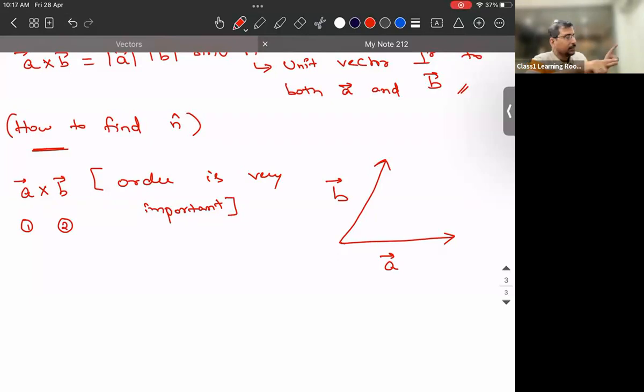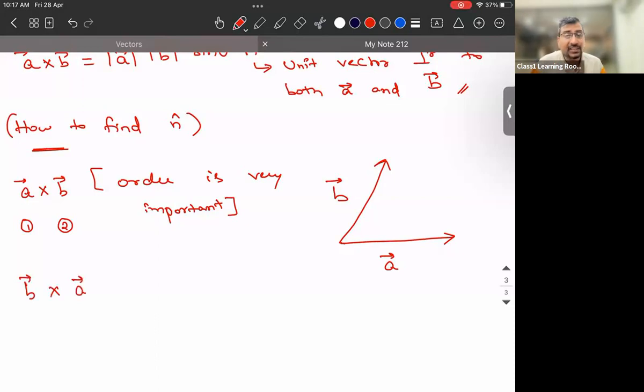Are you able to understand? See, A vector is like this, B vector is like this. The thumb, if you see, it is perpendicular to both A vector and B vector. Makes sense? But why I told you order is very important here is, repeat the same activity for B vector